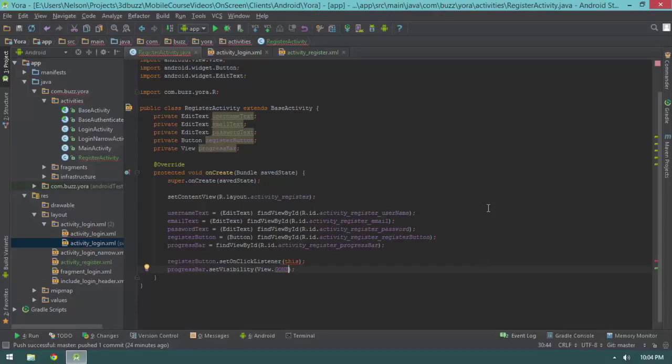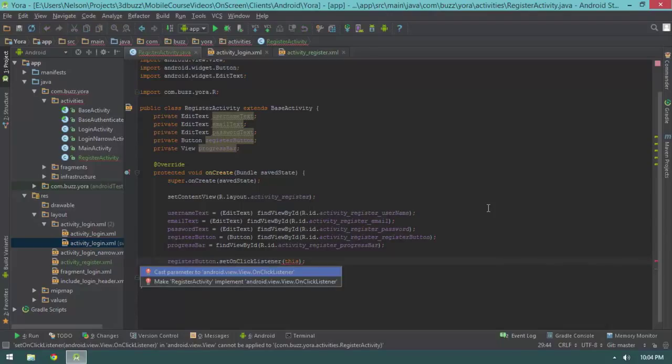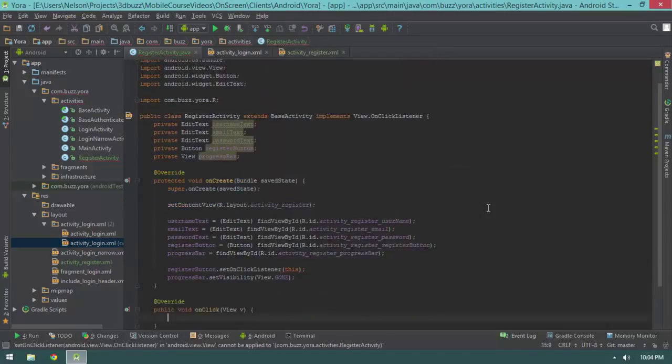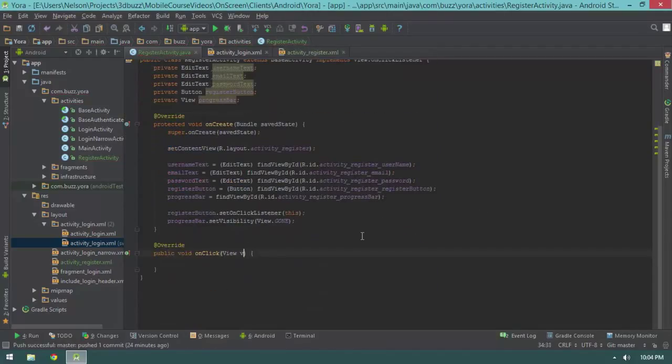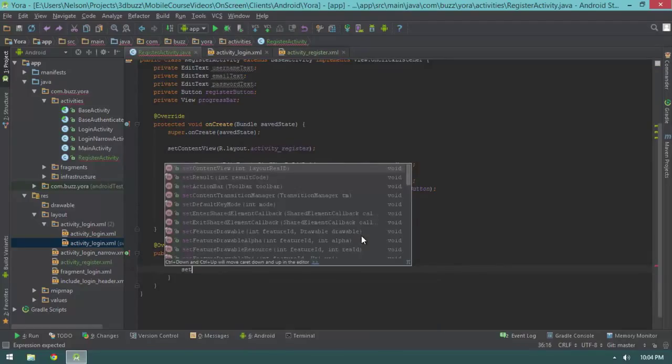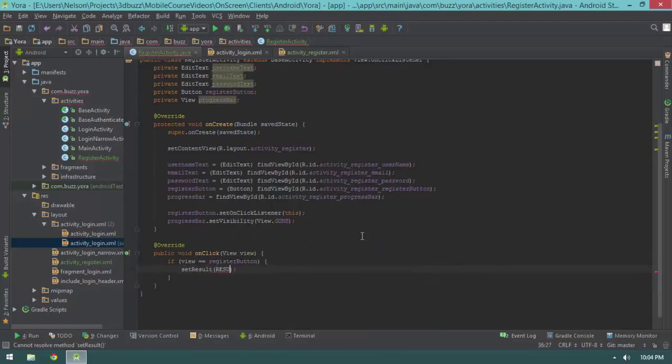All right, so now that we set our progress bar's visibility to gone, I'm going to come up here to setOnClickListener, and I'm going to hit Alt-Enter. Hit the down arrow key, hit enter, enter, and now I have my onClick. I'll change that parameter name because I hate single-letter parameter names. And then I'm going to say if view equals register button, then I'm going to say setResult,